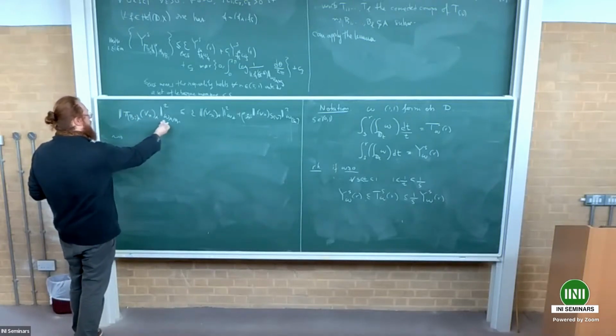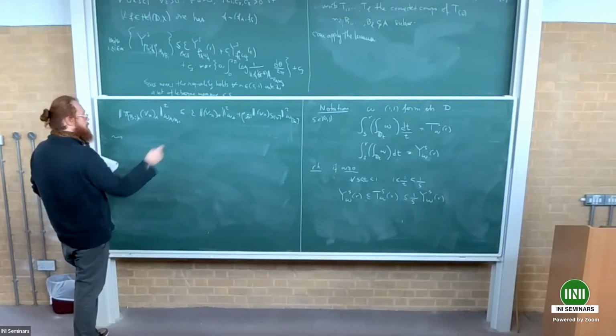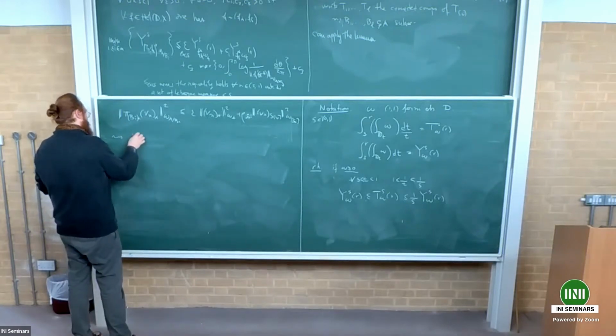And so by pulling back this inequality onto your disk by f, this will tell you that, integrating,